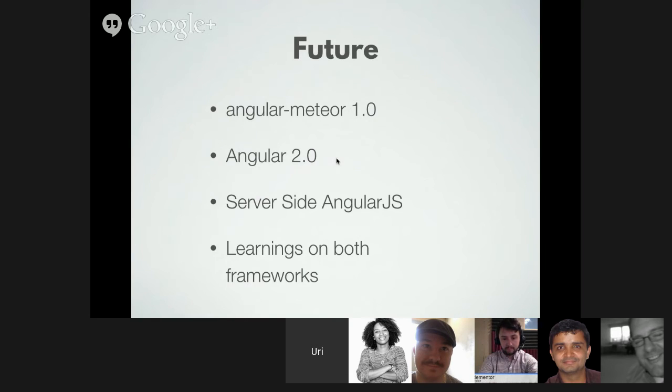A very, very exciting thing that one of my teammates is doing is putting AngularJS on the server side, and it actually works, which is pretty amazing. There's a branch on our repository that shows how to work with it, and also his code for doing that. It basically means that you can define an AngularJS service and use it everywhere. You can use it in your server-side code, you can use it in your client-side code, and even sync the data of that service everywhere.